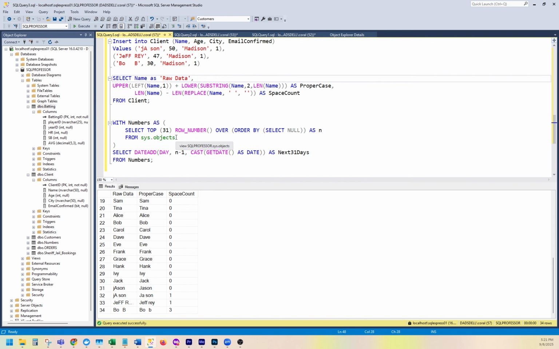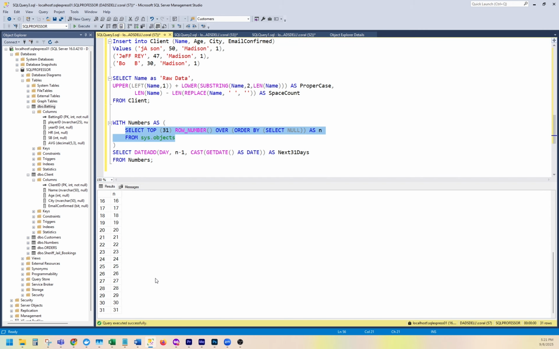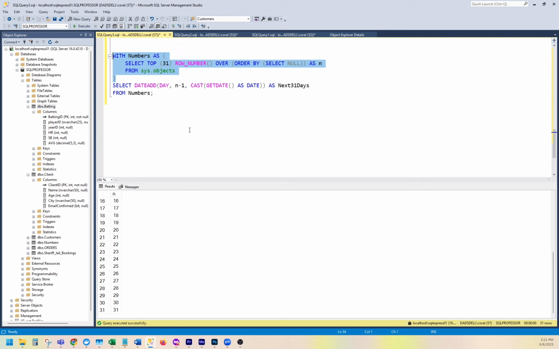To end it, let's show you one other interesting use of functions. Here I'm going to create some data, just the numbers 1 through 31. This uses what's called a common table expression. We'll cover that in a future video, where the numbers indicator here, once you run this command, becomes a table that you can use in a subsequent statement, all within the context of this statement. So I've created a table, column N, rows 1 through 31, and now I'm passing that in here